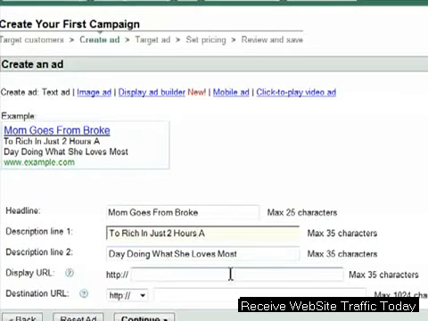And what you're going to do is place in a URL. And this is another key. You want to have a URL that matches the website. If your ad is appearing on work-at-home websites, then you want your URL to have something to say about working at home. If you have your ads appearing on, let's say, an automotive website, then you want to say somewhere in your URL, automotive or car, something that speaks to the ad. So let's say you're going to get